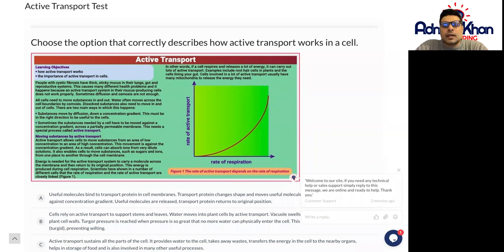Scientists have shown in a number of different cells that the rate of respiration and the rate of active transport are very, very closely linked. And you can see this on the graph on the right-hand side as well. So if the rate of respiration increases, then at the same time, the rate of active transport increases as well. And also remember that